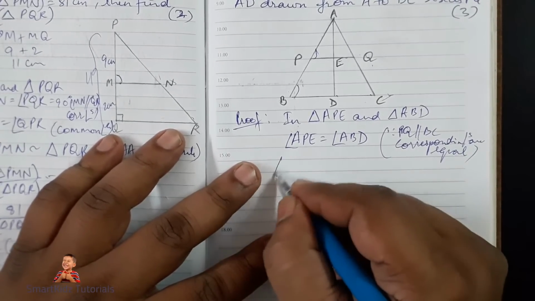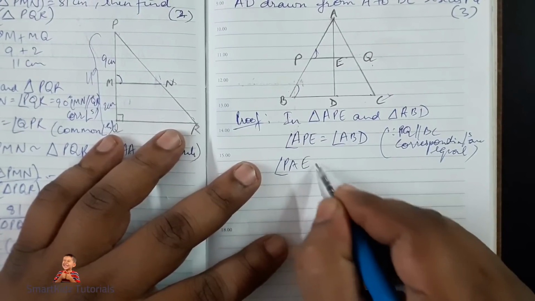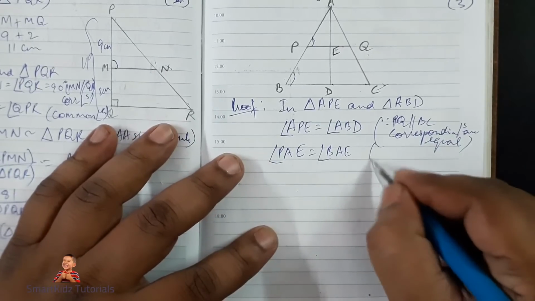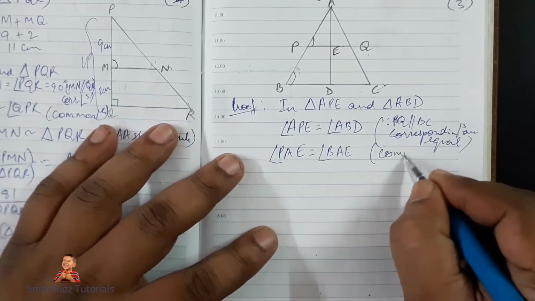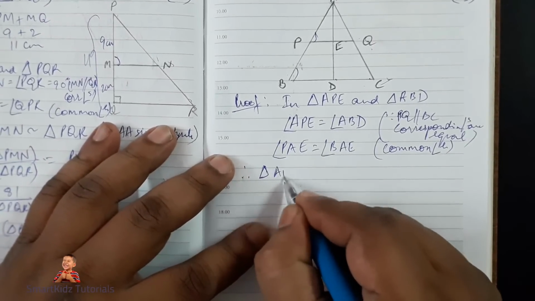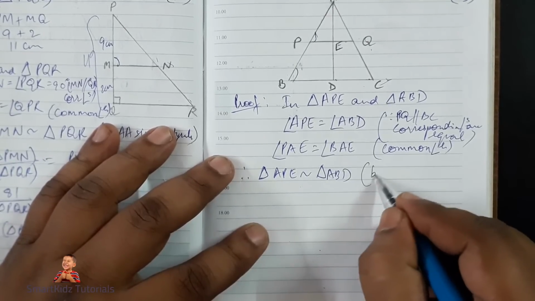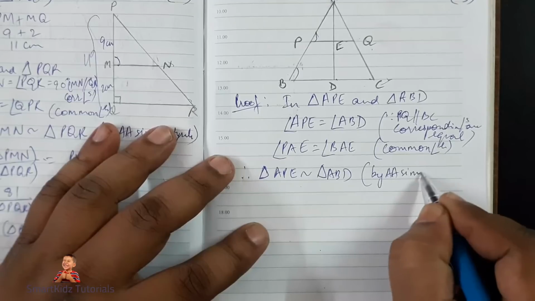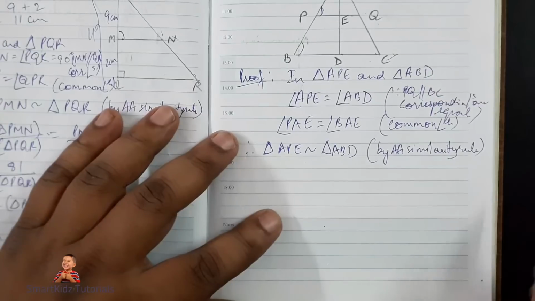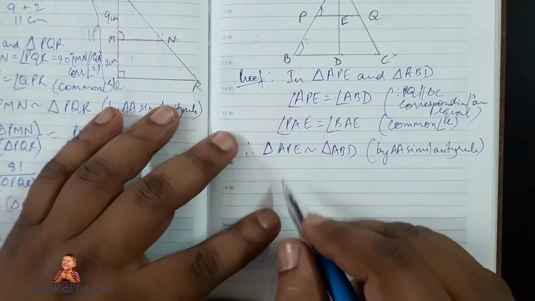Done. Next we can say angle, take common angle which is angle A. Angle PAE is equal to angle BAE, and you give the reason as common angle. So you can see therefore triangle APE is similar to triangle ABD by AA similarity rule. Now because we have proved that this triangle is similar to this big triangle, we can also